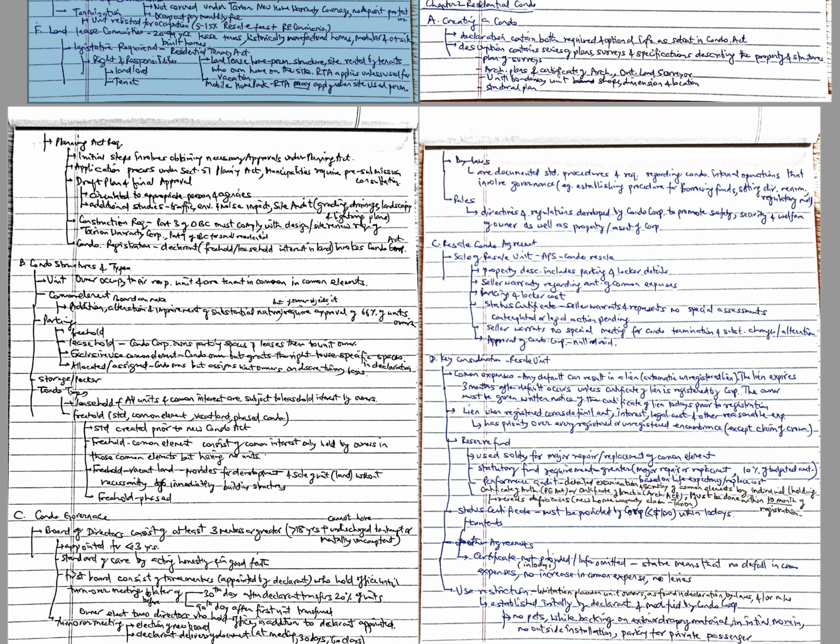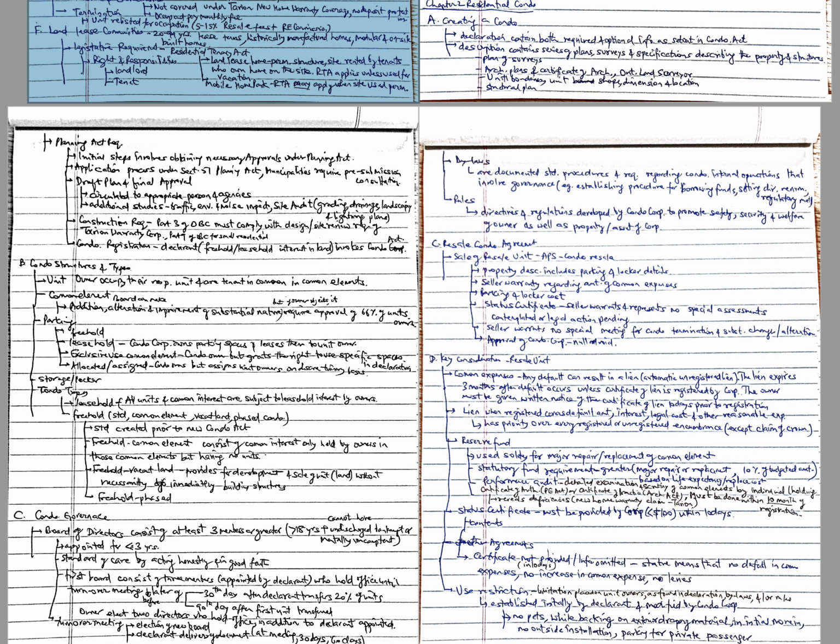Condominium types. There are a few types of condominium. One is a leasehold. A leasehold condominium is a condominium corporation in which all the units and their appurtenant common interests are subject to the leasehold interest by the owner. All leasehold interests in units along with the common interest must be for the same term.